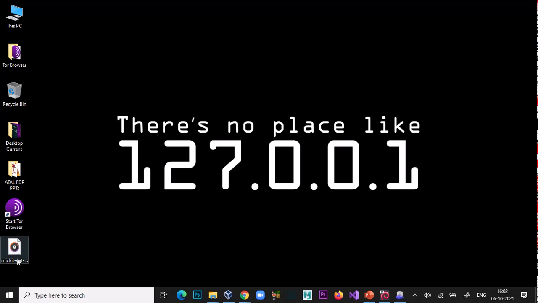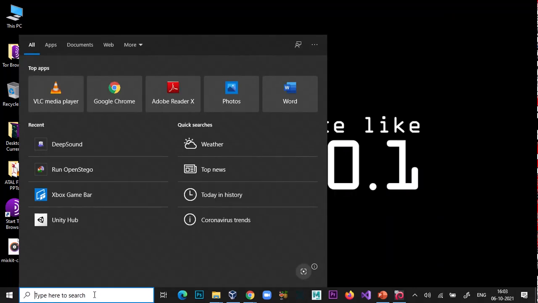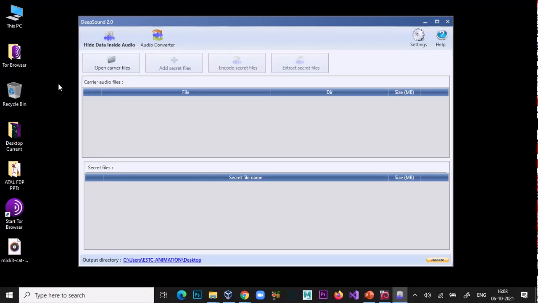Okay. Now you have to send that file to the receiver end. The receiver also uses this software. So just cancel it and run Deep Sound again. Here, open carrier file.